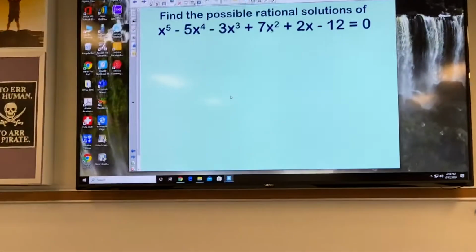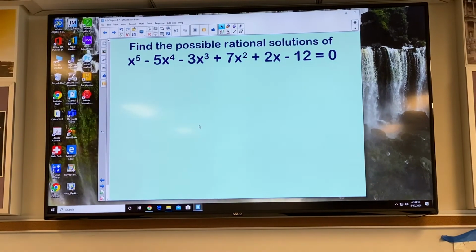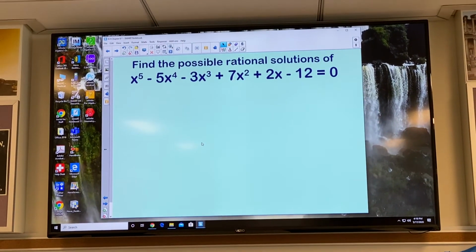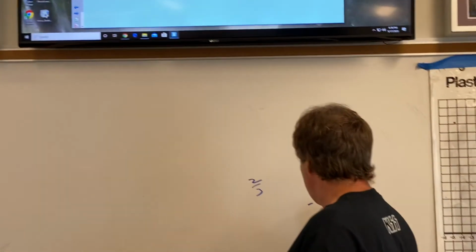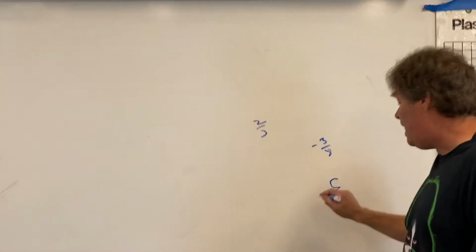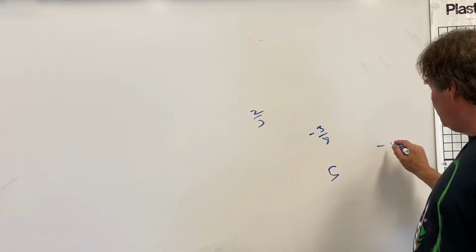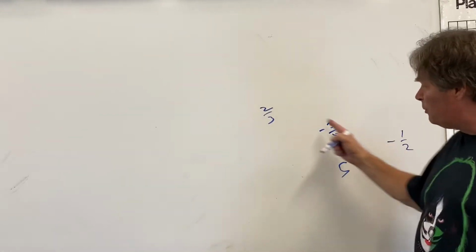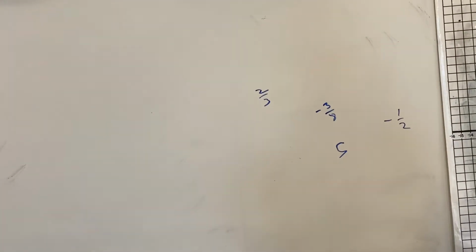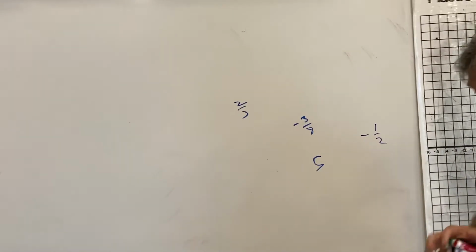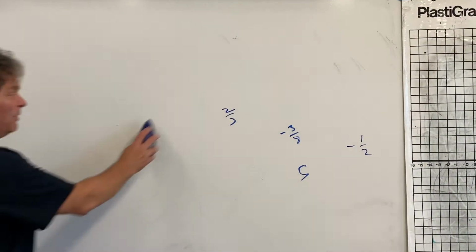But what the rational root theorem says, first of all, what are rational roots? Rational means fractions, right? So if you got an answer that's a fraction, like say 2/3 or -3/8 or 5, right? Any integer numbers also, because you can make it 5/1, or -1/2, right? These are all fractions. These are all rational solutions. If there is a fraction or rational solution to this equation, this is what the rational root theorem tells you, it's going to be of the form,